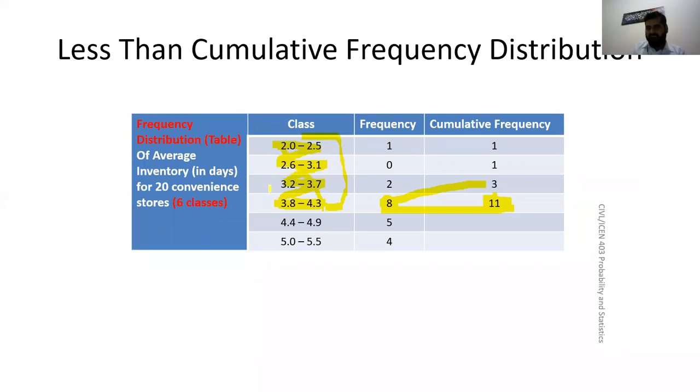So this is not just 4.3, we can call it 11 observations lie in the class less than 4.3. So that's why we call it less than frequency, cumulative frequency. Okay, so 16 means there are 16 observations less than or equal to 4.9. It means everything is included, right? And 20 is less than or equal to 5.5, and you know that the whole data is less than 5.5. So all 20 observations come in your last class. Okay, so that is your cumulative frequency.